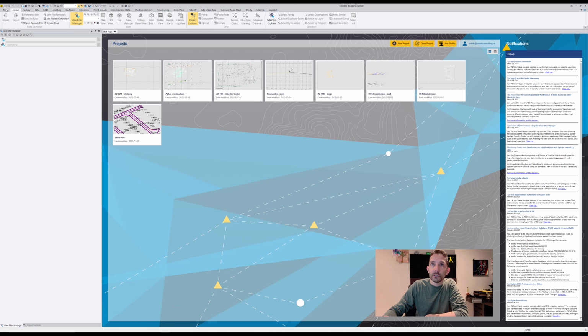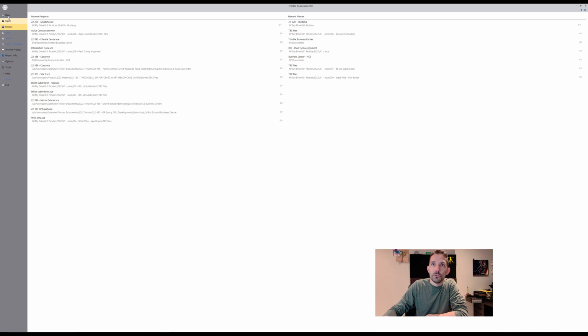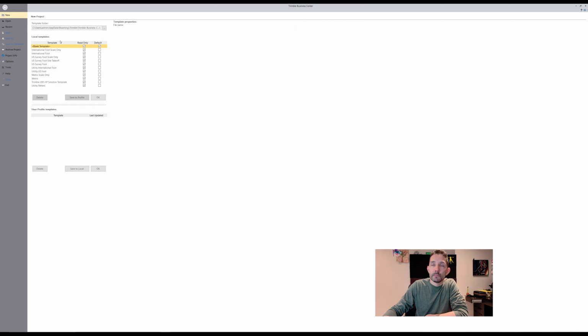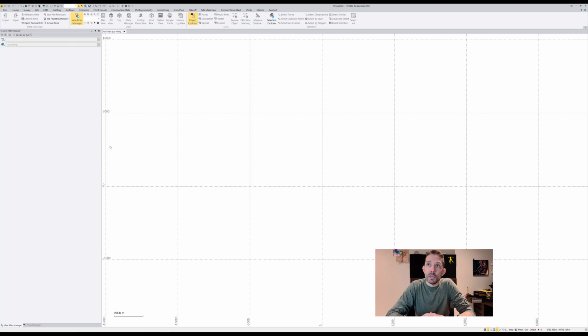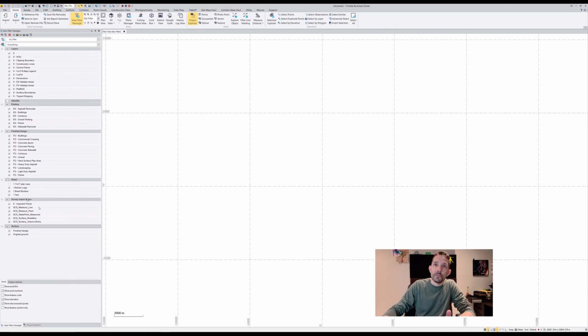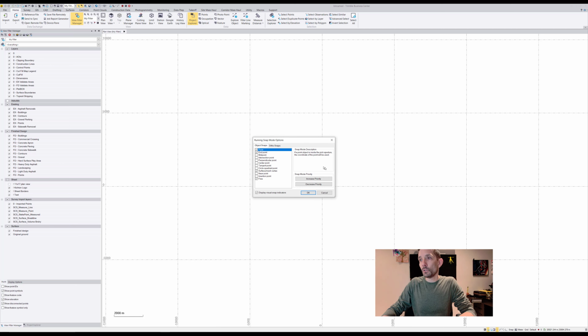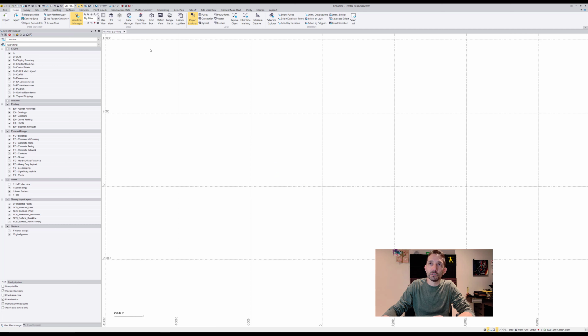Now when I close and go back to file and new, as you can see I only have my TBC metric. So when I click OK, I have just the latest and greatest, the one I wanted, right? So yeah, it's pretty straightforward. I have all my settings, and I have changed a few snaps there in that template, so that was the